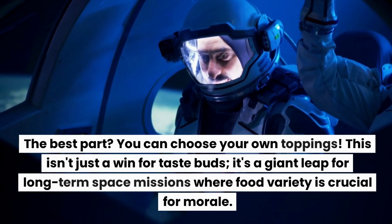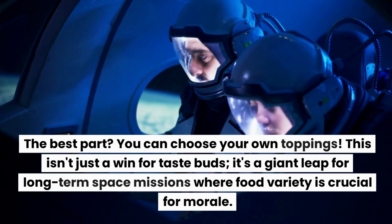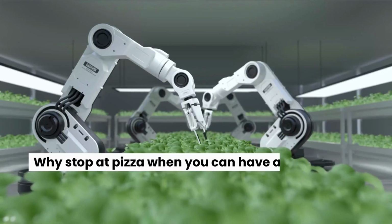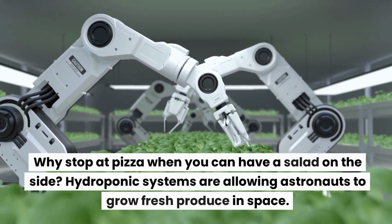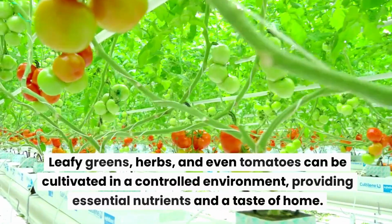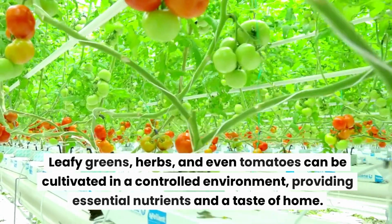This isn't just a win for taste buds, it's a giant leap for long-term space missions where food variety is crucial for morale. Hydroponic veggies, farming in zero gravity. Why stop at pizza when you can have a salad on the side? Hydroponic systems are allowing astronauts to grow fresh produce in space. Leafy greens, herbs, and even tomatoes can be cultivated in a controlled environment, providing essential nutrients and a taste of